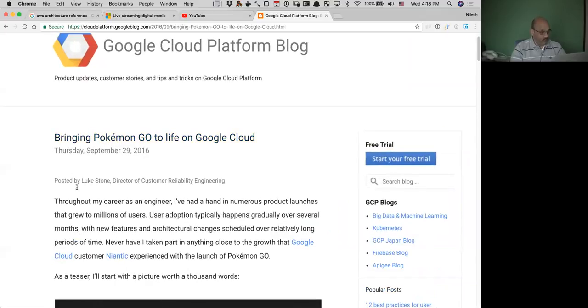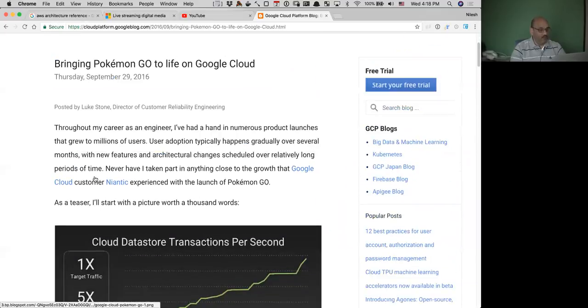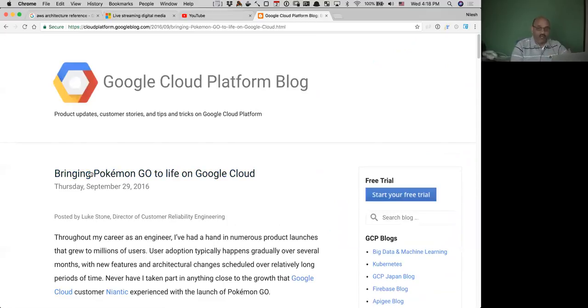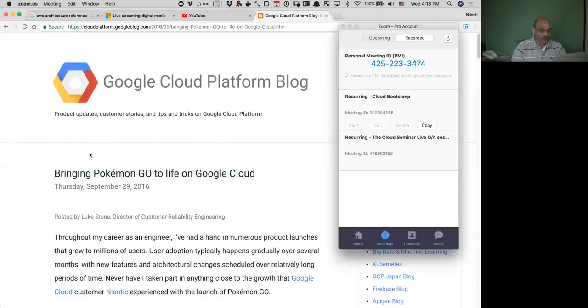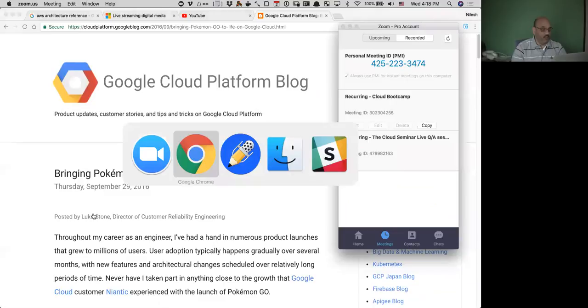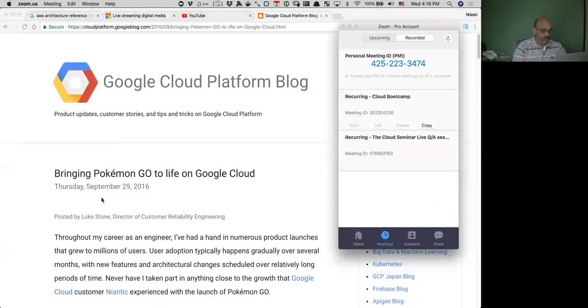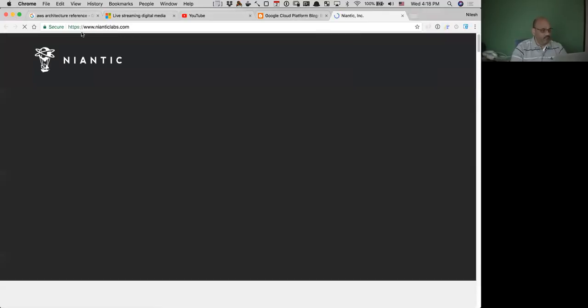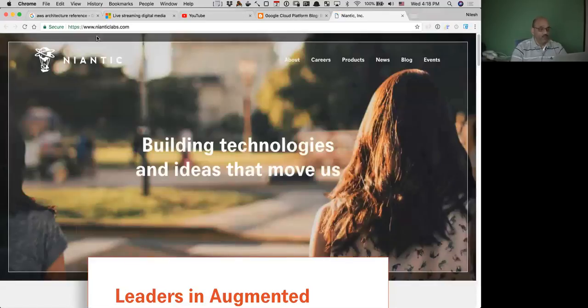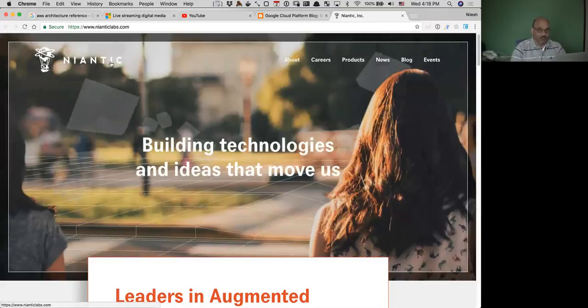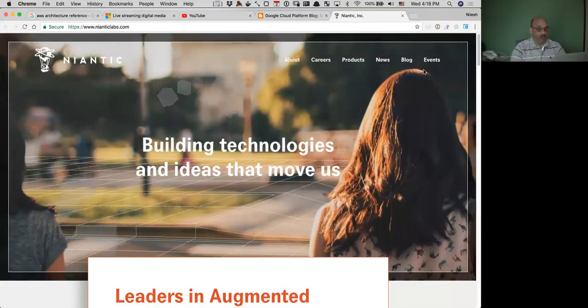That's what this discussion describes, and I'll further elaborate on how the company behind Pokemon Go, Niantic, uses Kubernetes in the Google Cloud to run it and get all of us to play Pokemon,